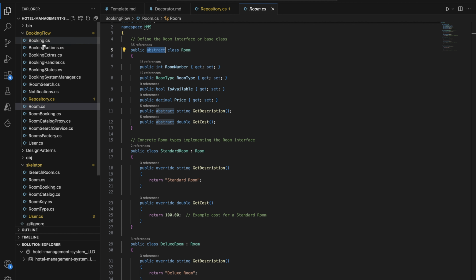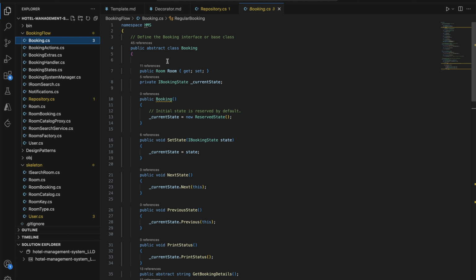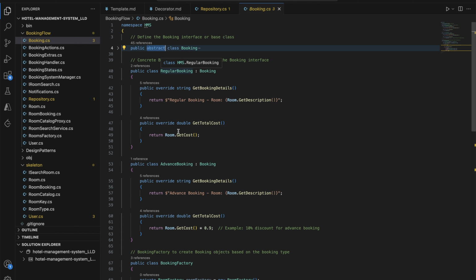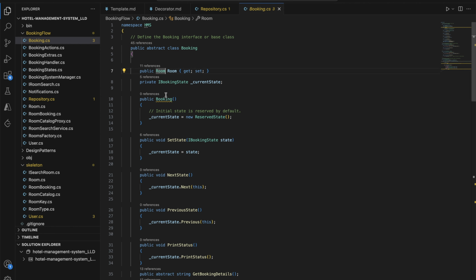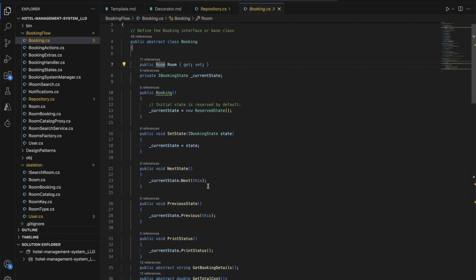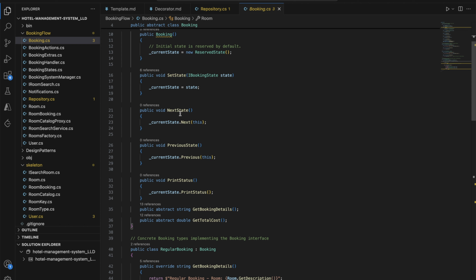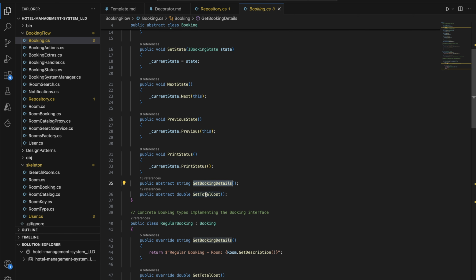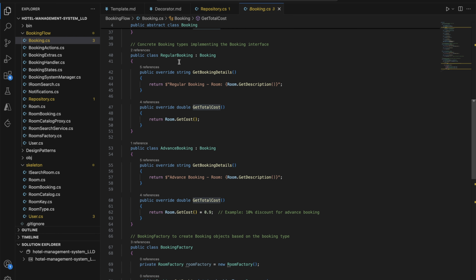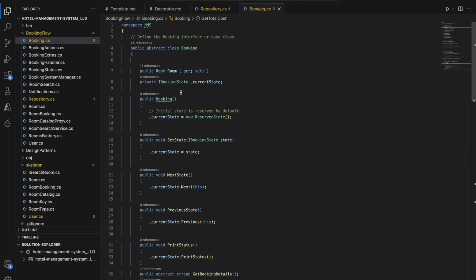The next base class we need, the bare minimum class, is booking. Here I created another class which is abstract again, because booking also can have different types, for example regular, advanced booking, and others. So you can extend it later on. In booking, this is straightforward, a constructor is there. Then, like we discussed in the state pattern, because booking is going to have states, we used the state pattern to navigate from one state to another. That is why it has set state, next state and previous state methods. And then basic things like get booking details, get total cost and everything, and your concrete classes will override it. So these two are the bare minimum objects which we need in the